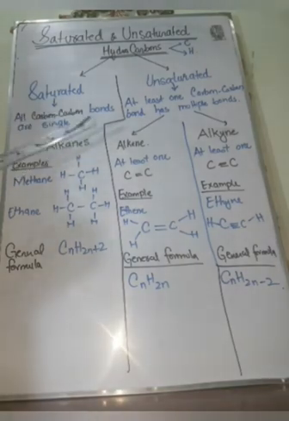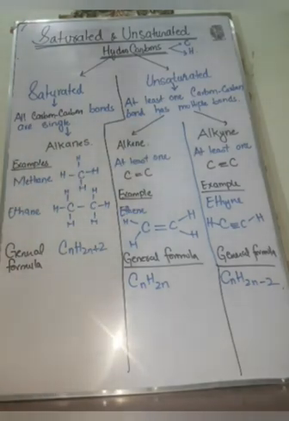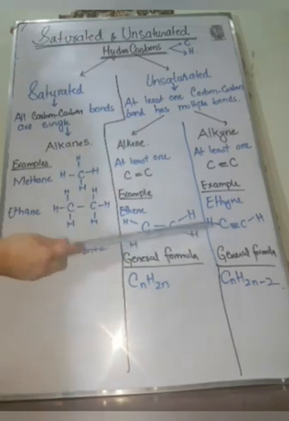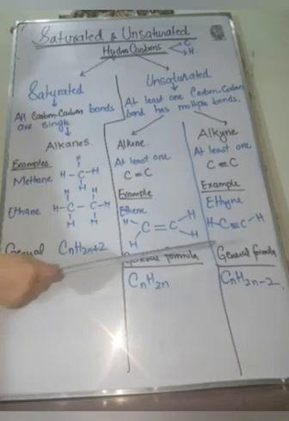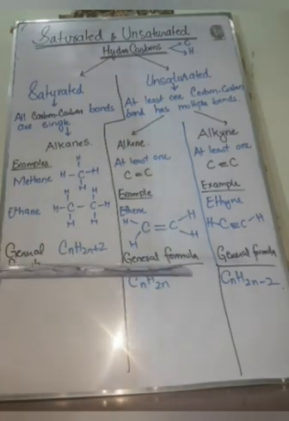Another category of unsaturated hydrocarbon is the alkyne. Alkynes are organic compounds that contain at least one carbon-carbon triple bond. An example of an alkyne is ethyne. In ethyne you may see that a triple bond is present between two carbon atoms. The general formula for alkynes is CnH2n-2. So if you know the number of carbon atoms for any organic compound, you may derive the molecular formula for that alkyne. You need to memorize the general formula for each of the categories: alkane, alkene and alkyne.